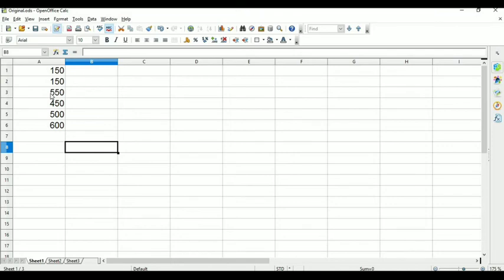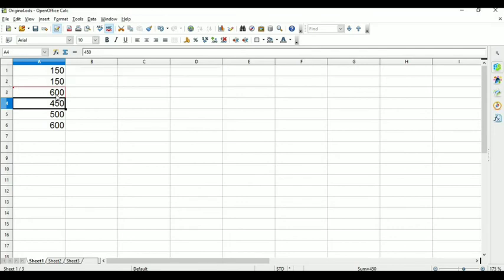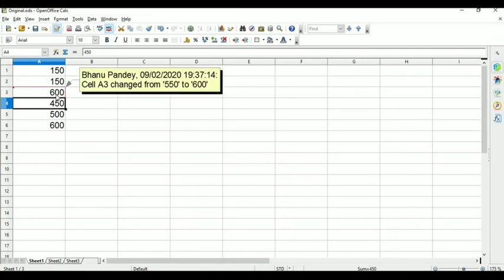In place of 550, I want to change from 550 to 600 like this. Once I update this value, see here, now a red box has appeared. In that it's written: cell A3 changed from 550 to 600.